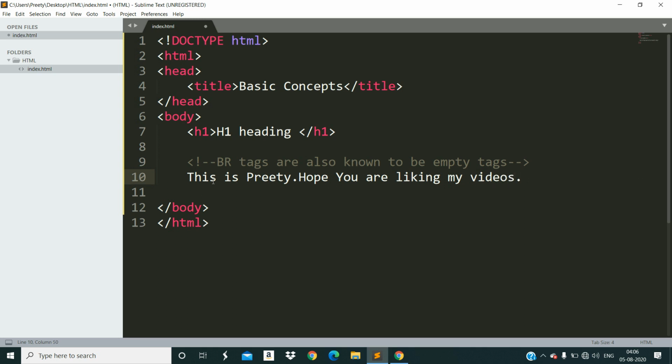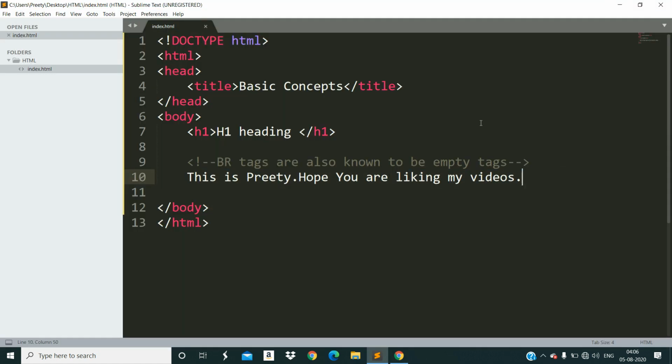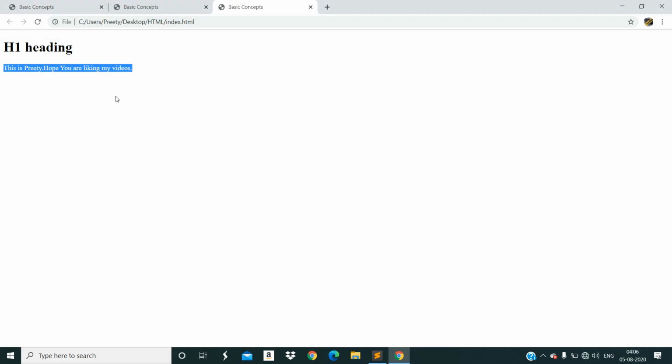I save it and open it in the browser. I haven't used the BR tag. But if I use the BR tag in the same line, I just write BR and I'm not giving any closing tag. I save the file, go to the browser and refresh.